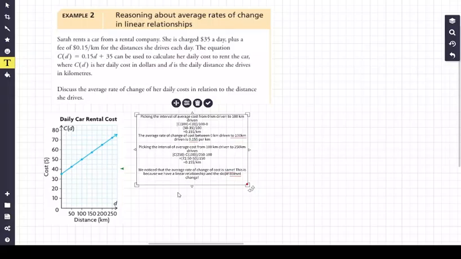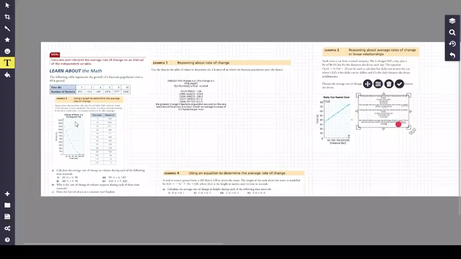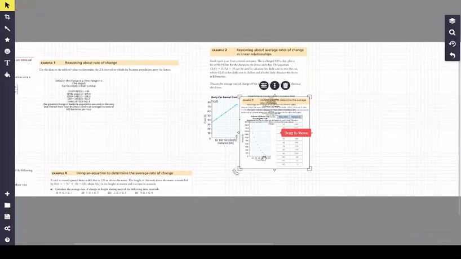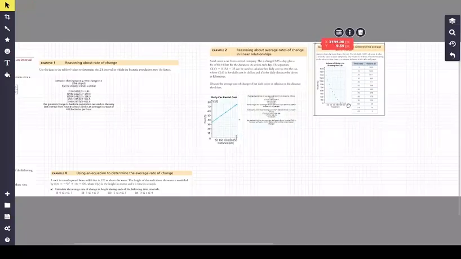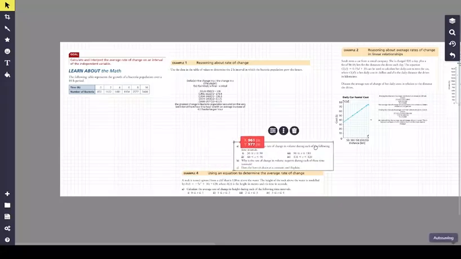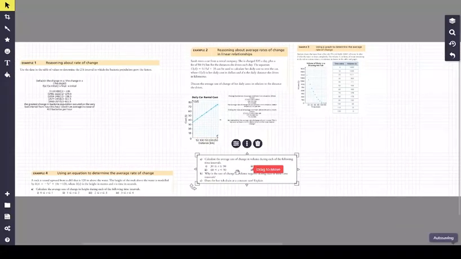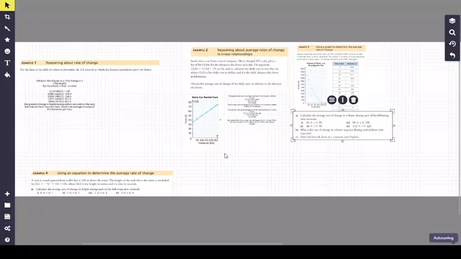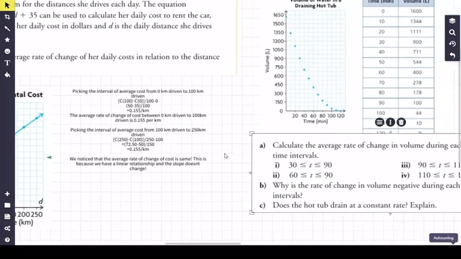Let's go ahead and move on to example number 3. It's a pretty big question, and should be pretty interesting as well. We have a question using a graph to determine the average rate of change, which is kind of hard because we never did it. For this question, we used our graph, we analyzed it, but we technically still used the